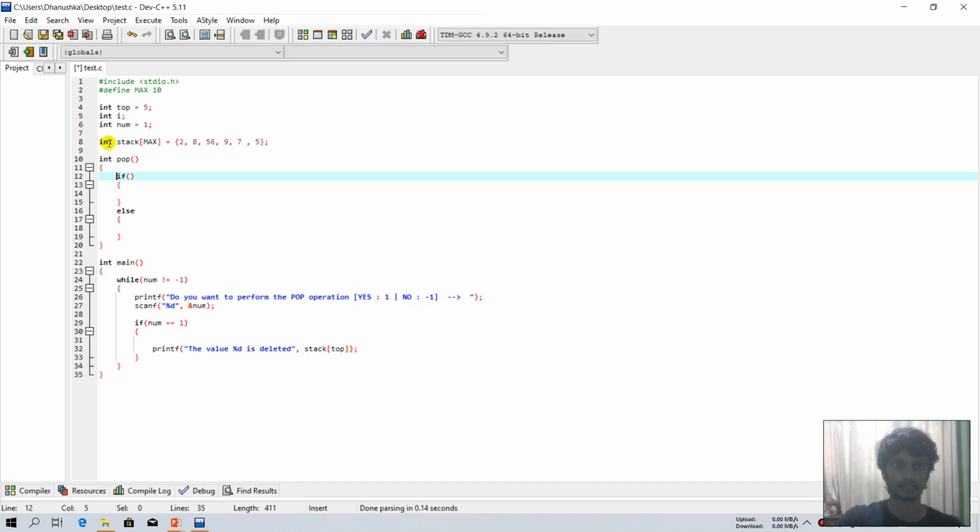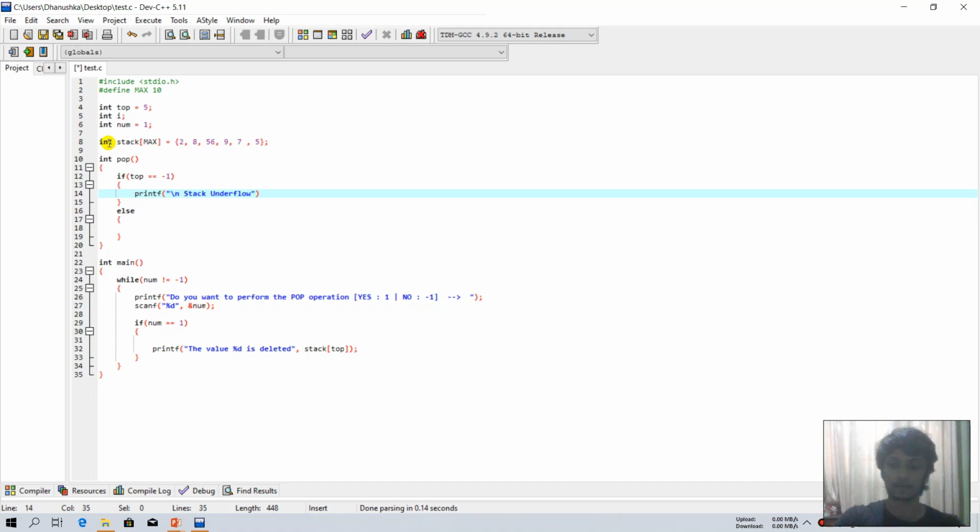It first checks whether our top is equal to -1. If it is equal to -1, it will print a message called stack underflow. If it is not, then it will return our topmost value at our top location, and there will be decrementing